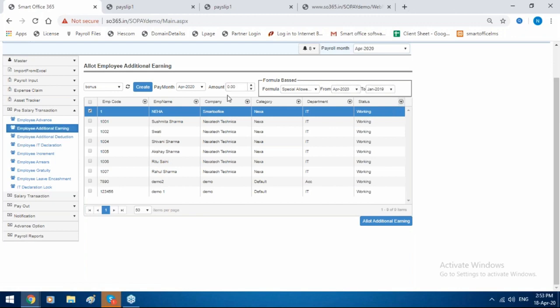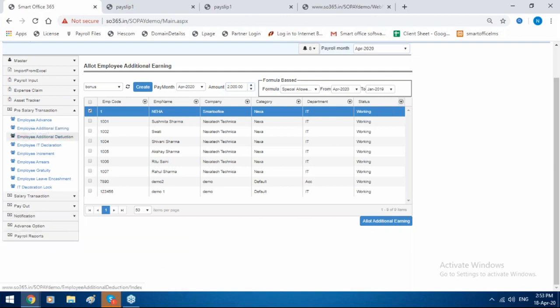Another option is you can add manually. Just select a particular month and mention the amount, and you can allot. So you will get both options: one is a total amount and one is formula based. You will get an Excel sheet also, so you can import in bulk for all the employees.